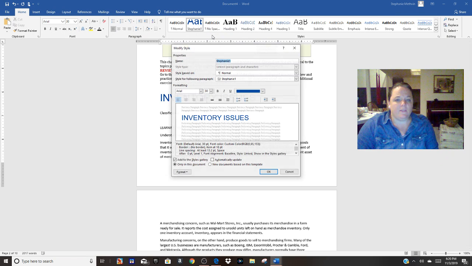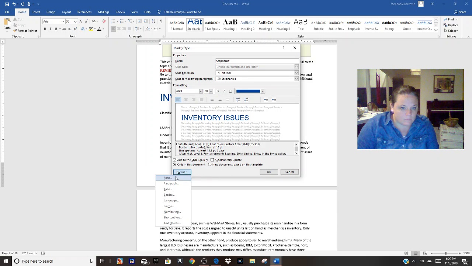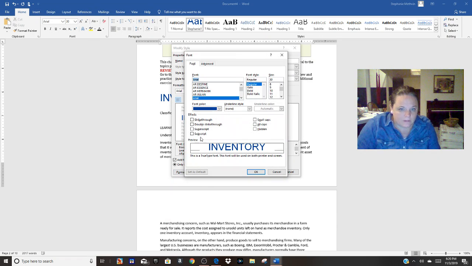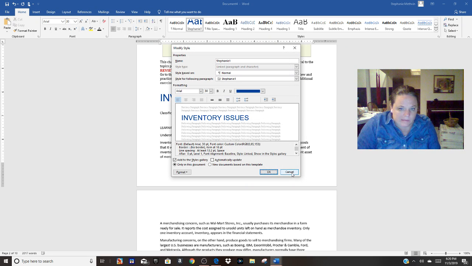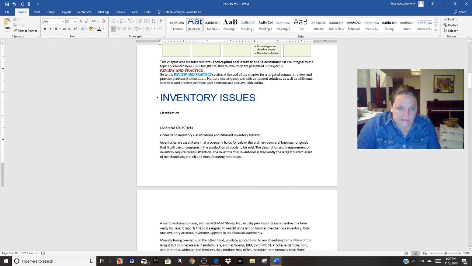I'm going to modify this and see if I can find it in here. I actually don't want it to be all caps. I may not have the option to change that here, so I'm going to change it here.